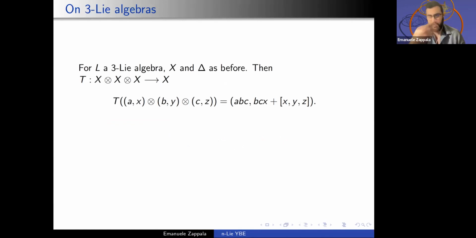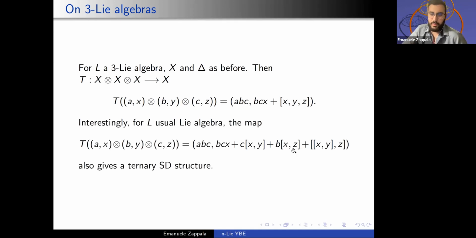If you do it with ternary, there is not really much imagination up to here. You just do it with one more element and use the ternary bracket, and this goes through. You can prove that this thing works. You can do it also for n-ary. Proofs become, of course, much uglier because the equations get out of hand, but still.